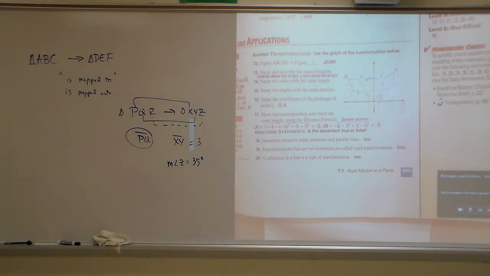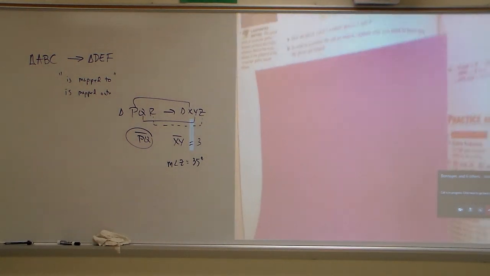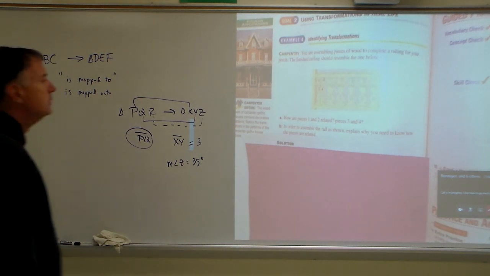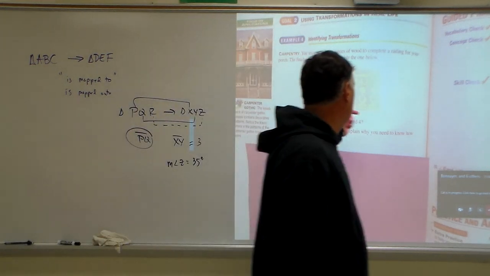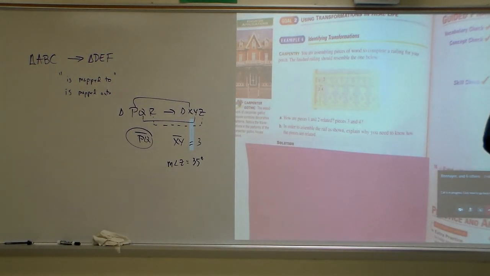One last question. So there are lots of transformations in real life objects, okay? You're going to find that. You know, you haven't really started to think about these types of things, but you're going to see lots of them. Okay, and here's an example. It looks like a railing, some sort of wood railing. It says it's from a porch. It says, how are pieces